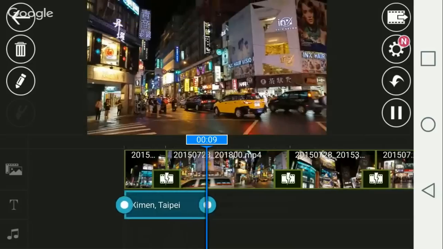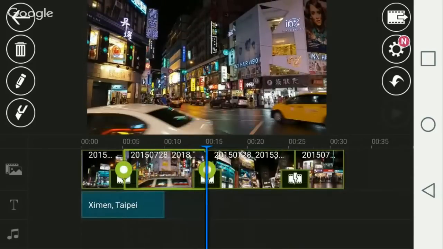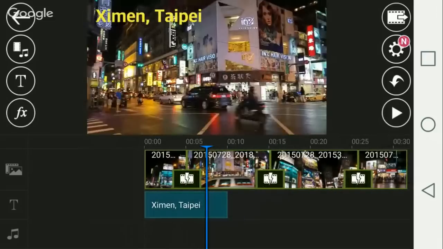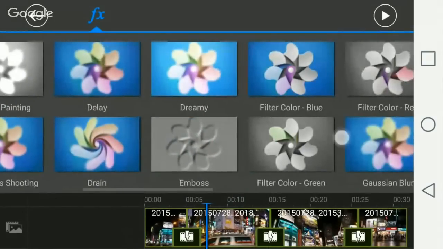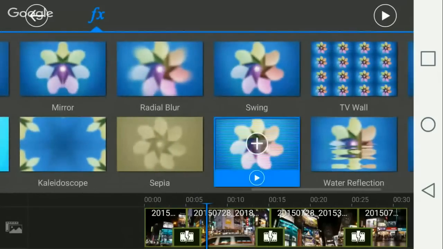Okay, that's cool. Then if you want to make the clip shorter, you can click on it and drag the two sides, just like what you use in PowerDirector to trim it. And if you want to apply a video effect, you can go to the effect room and select an effect, for example, this TV simulator, then edit. Then it will be applied to